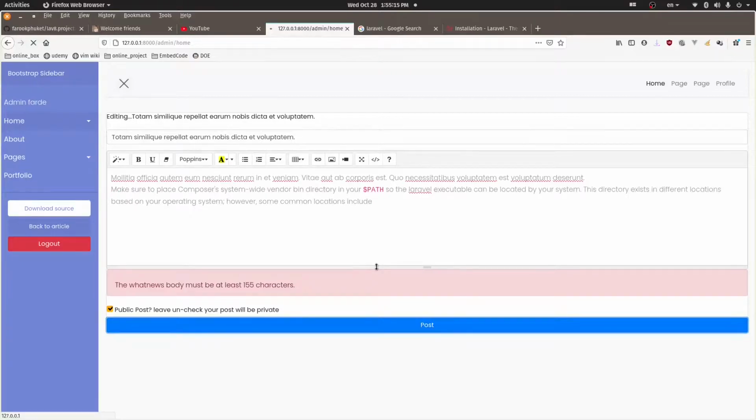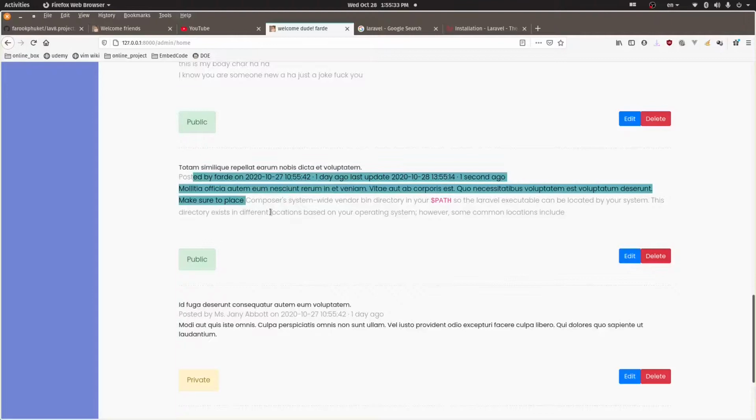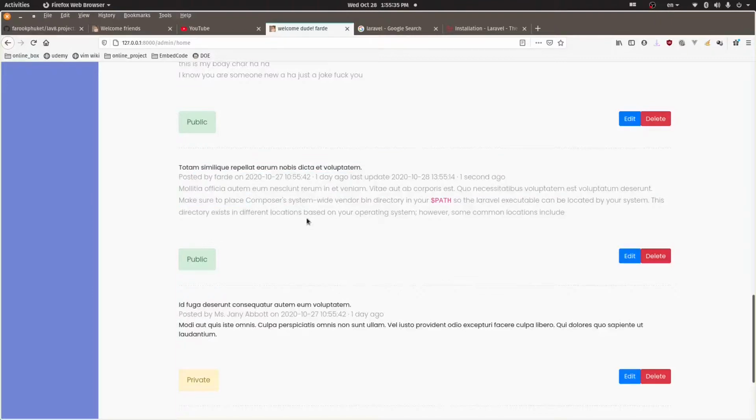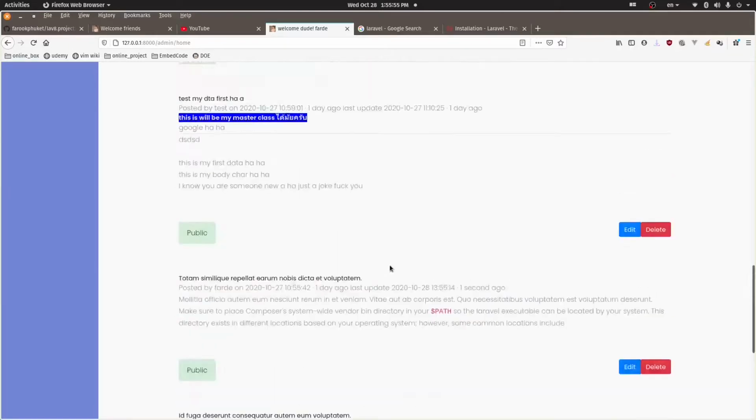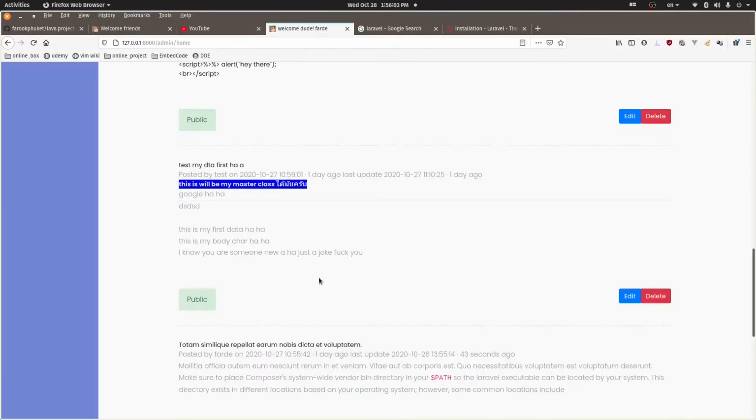So let's see if it's changed. Oh, right here. So that would be a little bit of a bug too. You can see that when I update this one, it was actually from Miss Jenny before, but it's already changed to mine. So that is the bug. We're going to fix that later. Anyway, delete that. So you can delete that. All right, that will be all.